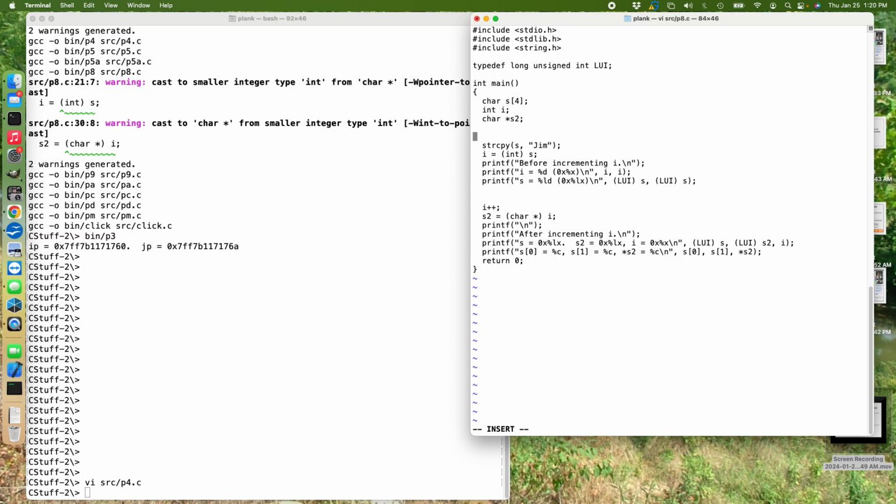Okay? Then I increment I, and I stuff it back into a char star. So now I'm taking a 4-byte quantity, putting it into an 8-byte quantity. What's going to happen? Well, it's going to fill in those extra bytes either with zeros or Fs, depending on the sign bit of I. Print it out. Now I print out, after incrementing it, their values, S and I